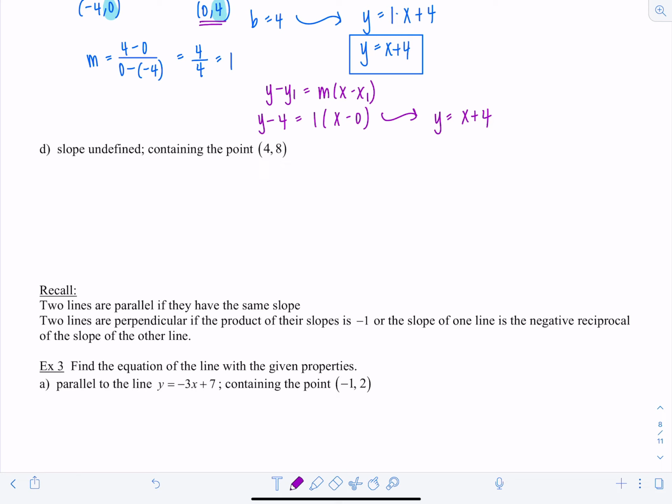Okay, now remember, if the slope is undefined, that means we have a vertical line and it contains the point (4, 8). Well, how would you write the equation of this line? Can you think of another point that would be on this vertical line? Like, what would the coordinates of this point be, maybe? I didn't tell you exactly how much this distance is, but maybe something like (4, 2), or maybe (4, -10),